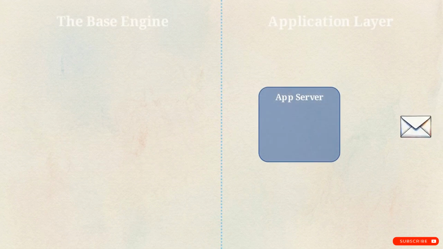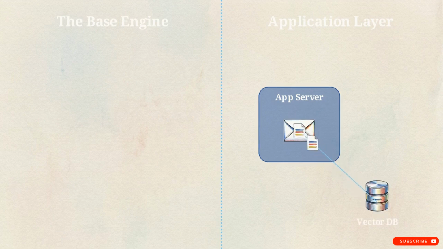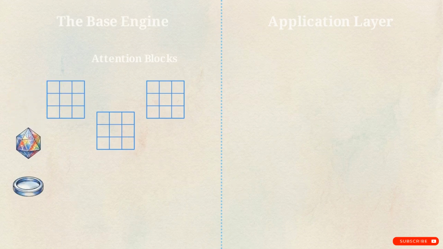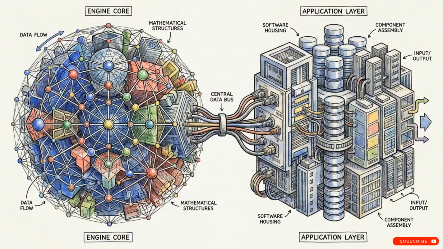A user prompt hits the system and enters the application layer. During context aggregation, the prompt is intercepted. It pings the vector database via RAG to retrieve internal documents, while the MCP client simultaneously fetches live external API data. The enriched prompt then crosses into the base engine. Here, the core computation executes. The data is tokenized, vectorized, and driven through the transformer's attention blocks in a highly optimized quantized state, generating the precise solution. By decoupling the mechanistic engine from the application layer, engineers can cut through the hype and build reliable, scalable AI systems.